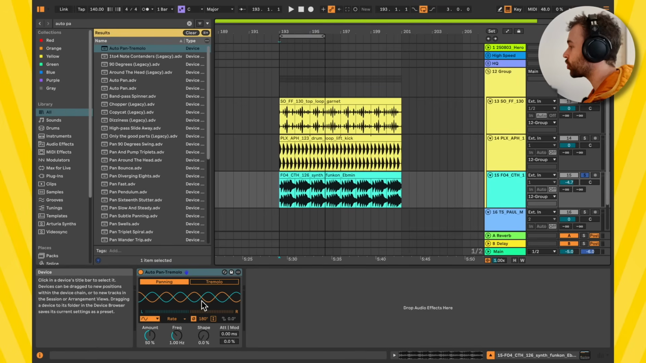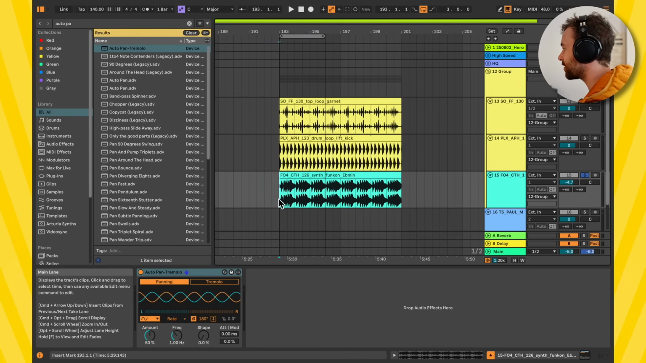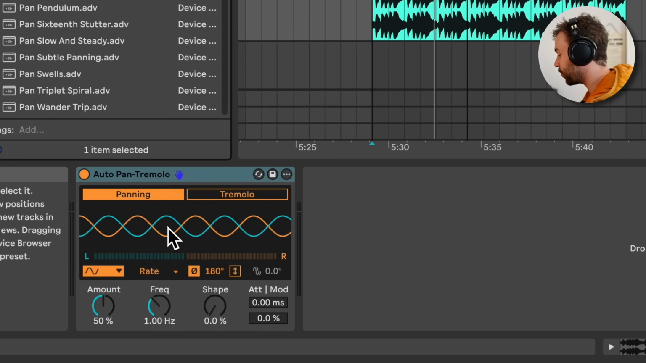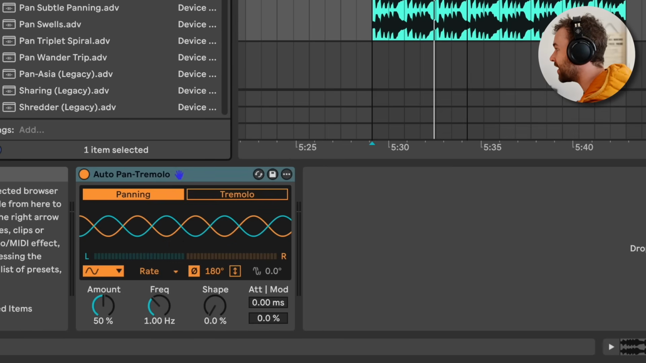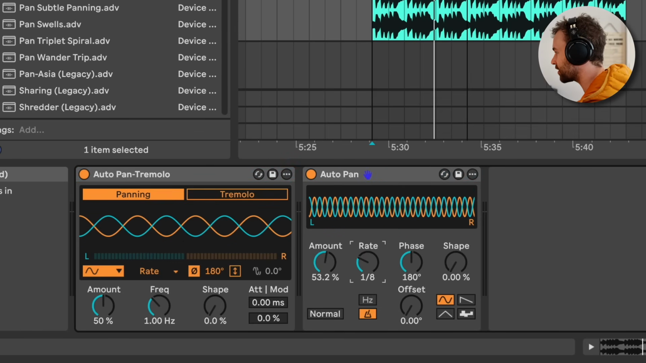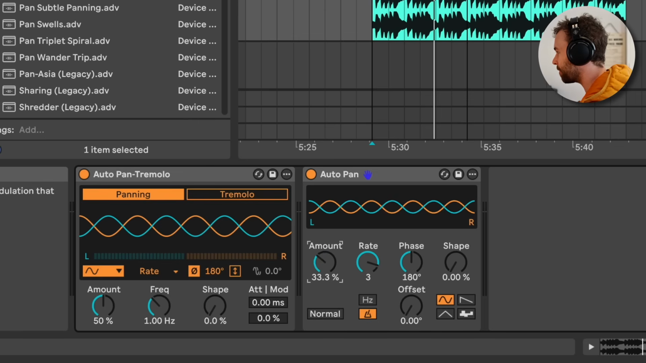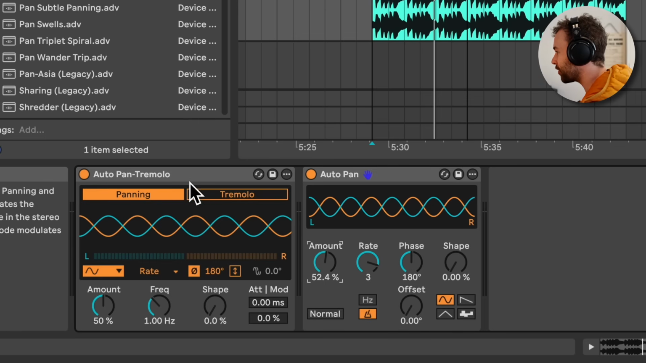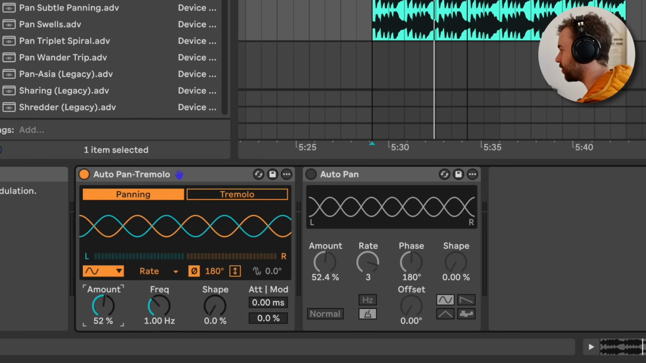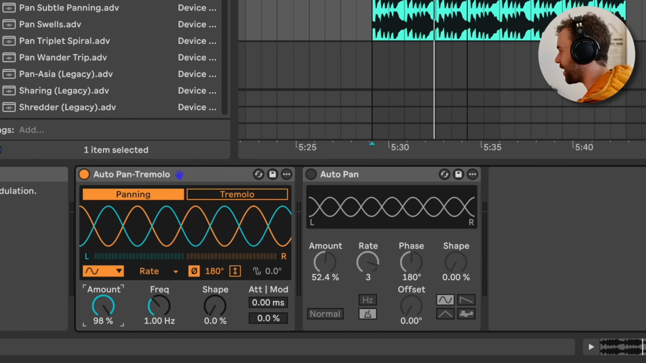Okay, so I've got the Auto Pan-Tremolo device loaded up on this loop here, and by default, we can see it's a much nicer visualization compared to the old Auto Pan, which is still available as a legacy device, which looks like this. If you recall, I think this is my default one here, but it looks a little bit different to the Auto Pan-Tremolo device. Let's turn off the old one. And we of course have this amount control here, which allows us to adjust the intensity of the panning effect,